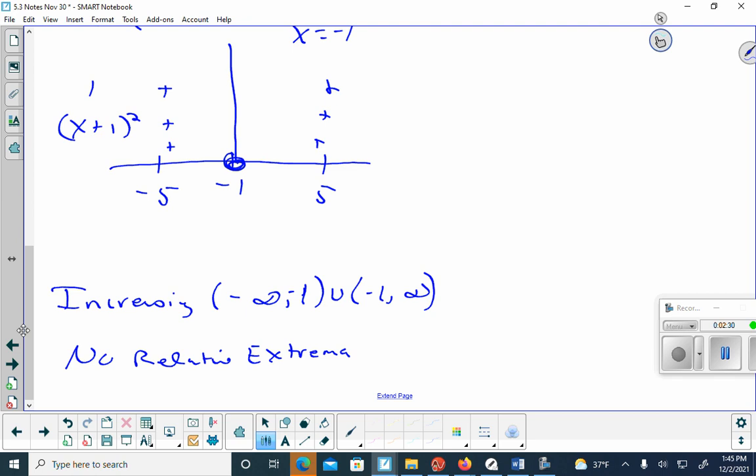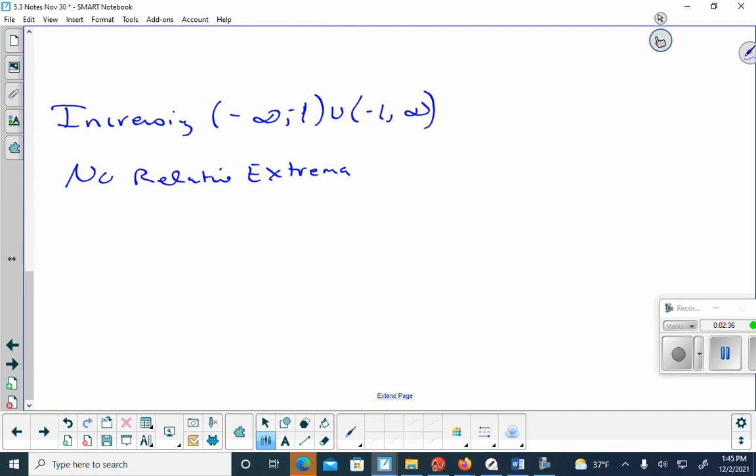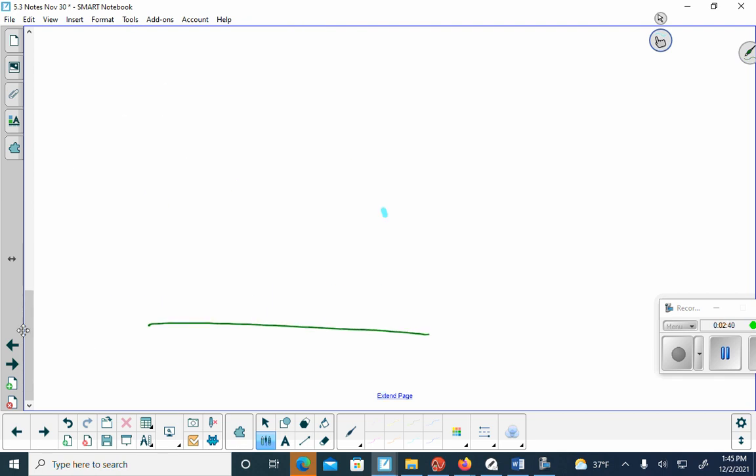Any other questions? Maria? Can you just explain the relative extrema a little bit more? So let's say I did this whole chart and I had negative 2 and 3, and these were my critical numbers. And then let's say when I did my derivative, I found out that this was negative, then it became positive, and then it became negative. So then it was decreasing